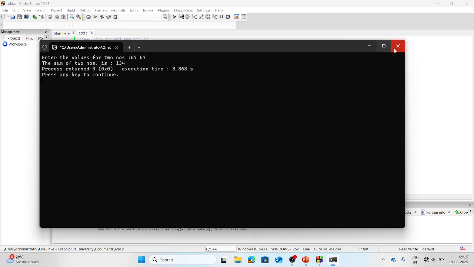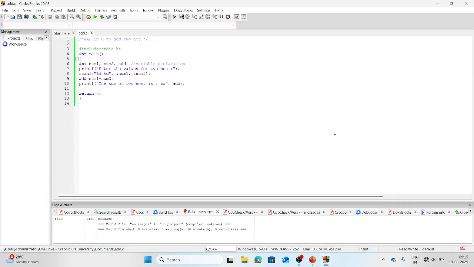All right. So just like this, with the help of printf, we are just printing the message on the screen. And if you want to print values onto the screen, then obviously you need to use format specifier for that, right? All right. I think that this is clear to everyone.